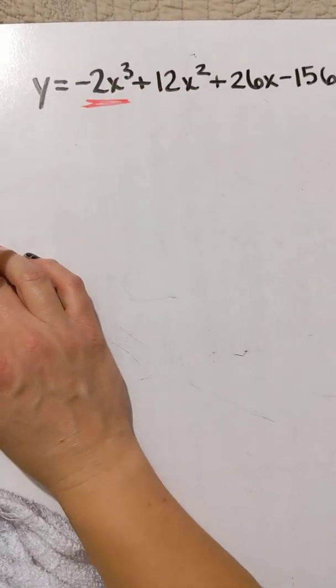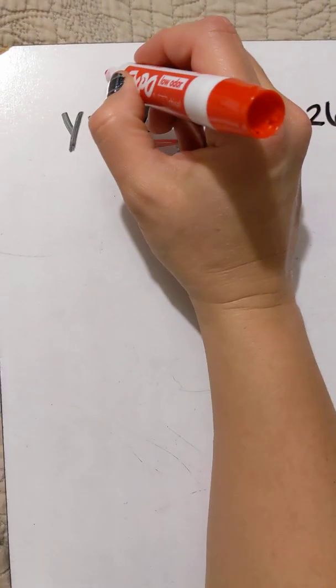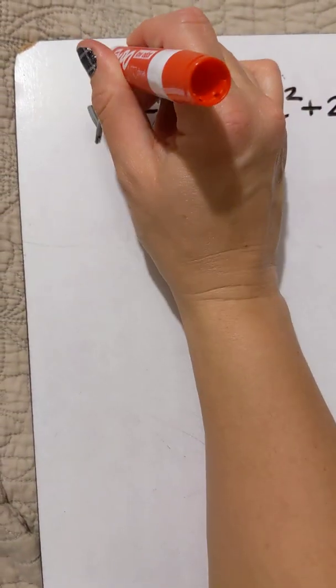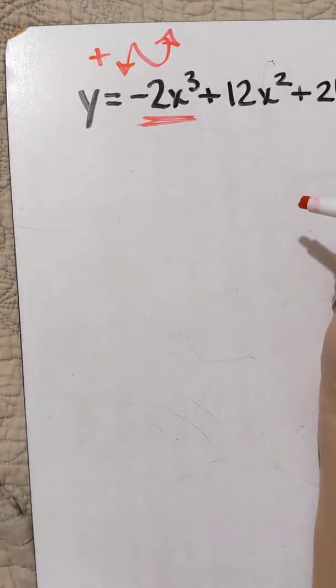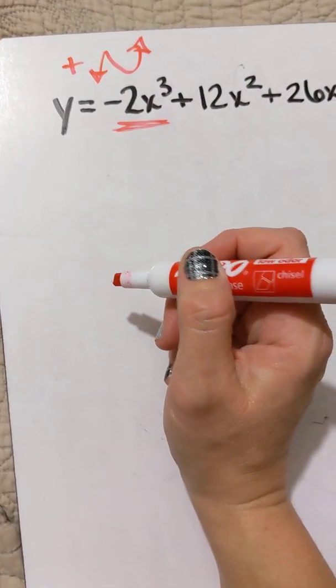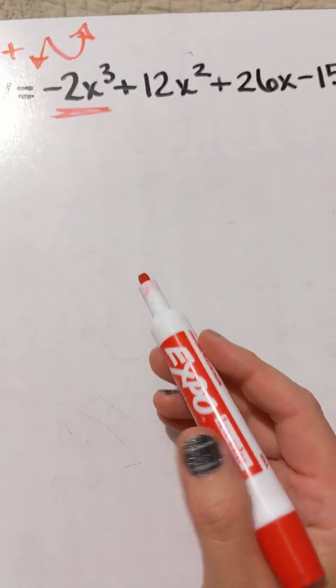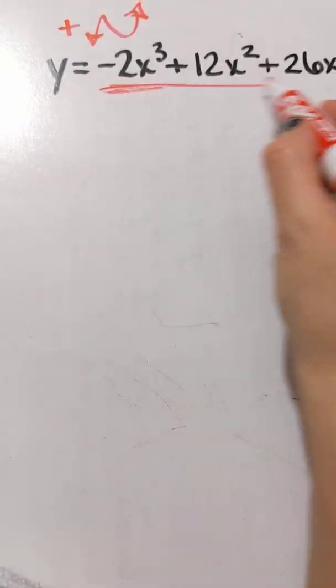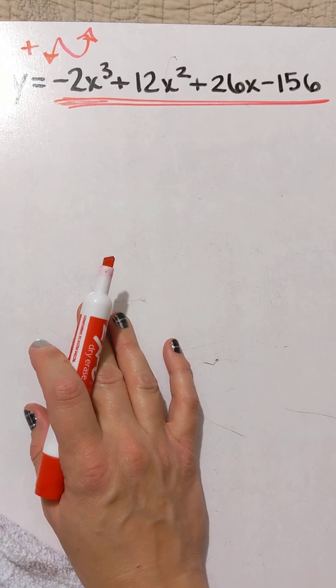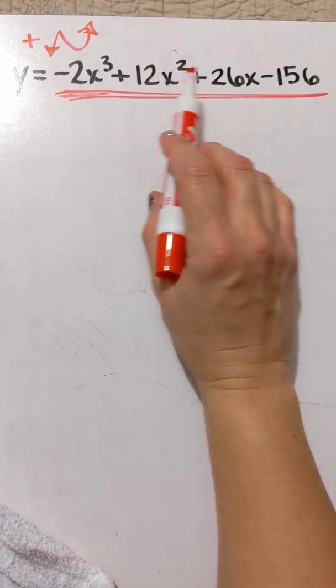This is a negative x cubed graph. You know, a positive x cubed graph looks like that. So a negative x cubed graph would have to be upside down. Okay, so we'll get to that in just a moment. Now, all of this, there's four terms again, which means we need to factor by grouping, but you might notice